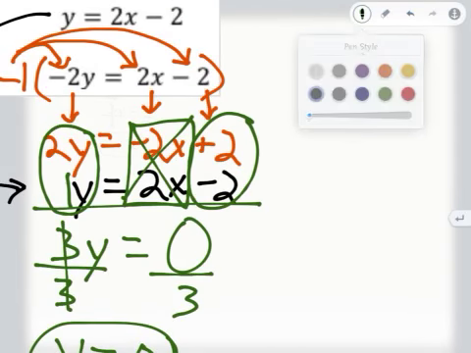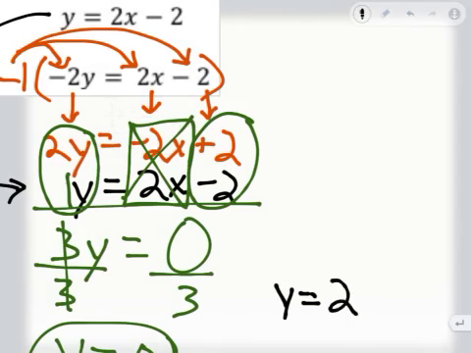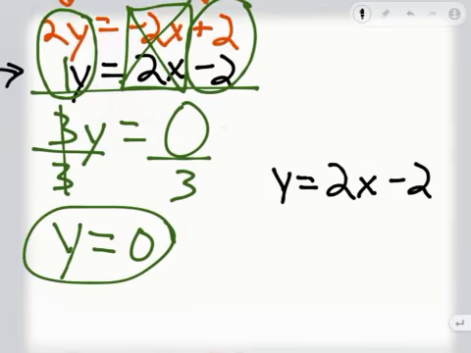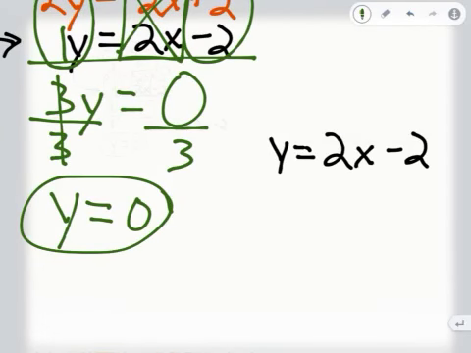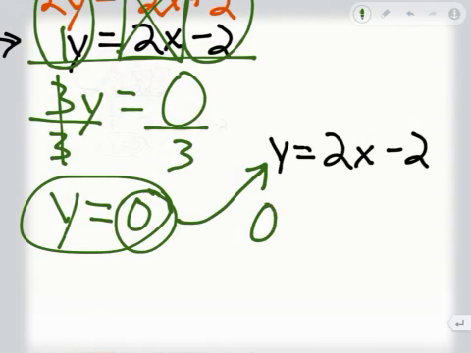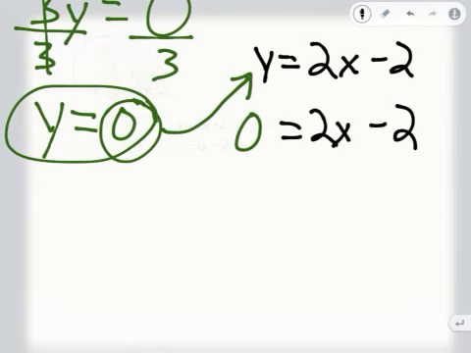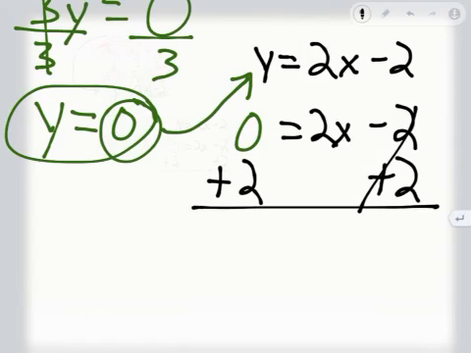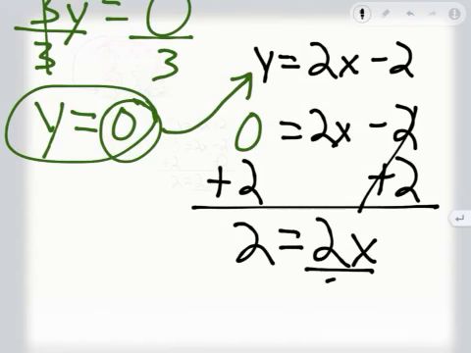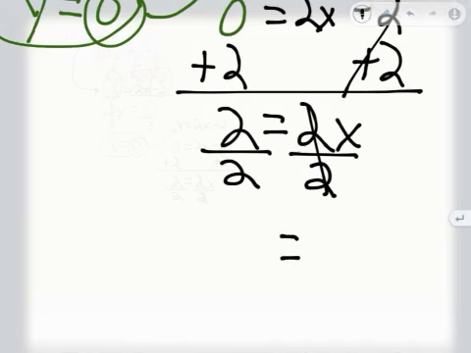Let's see. y equals 2x minus 2, and I know that y is 0, so I'm going to plug that in for y, and my equation is going to look like this: 0 equals 2x minus 2, and I'm going to solve for x. So I'm going to add 2 on this right side, and add 2 on the left side. 0 plus 2 is 2, so I've got 2 equals 2x. I'm going to divide the right side by 2, divide the left side by 2, and I've got that 1